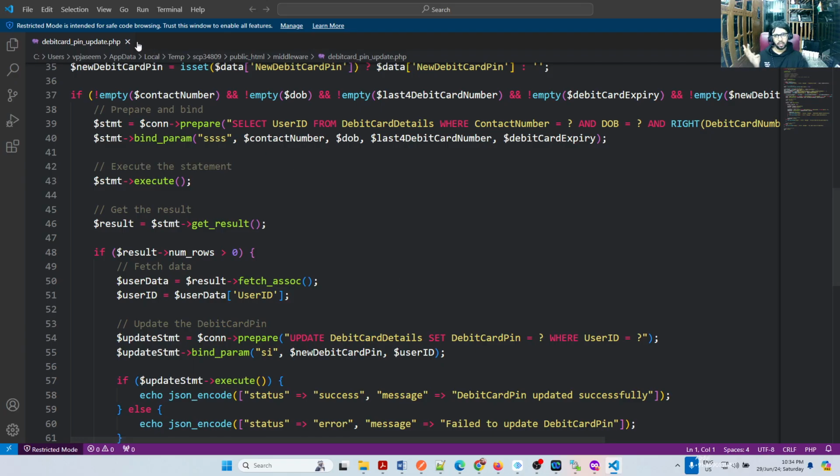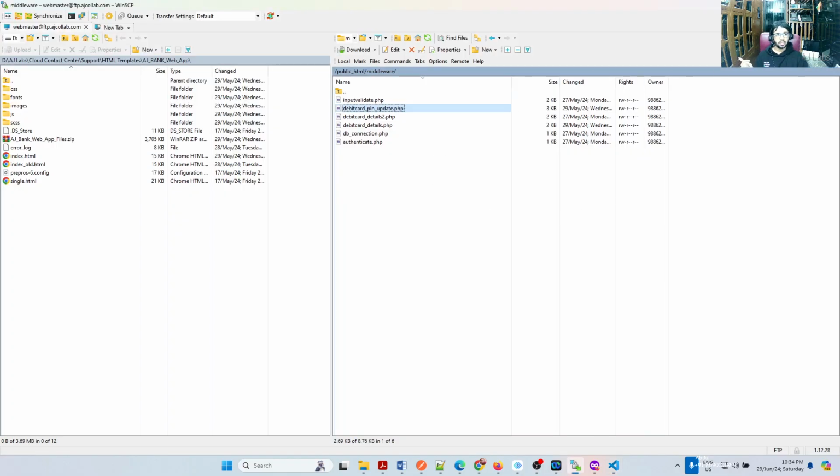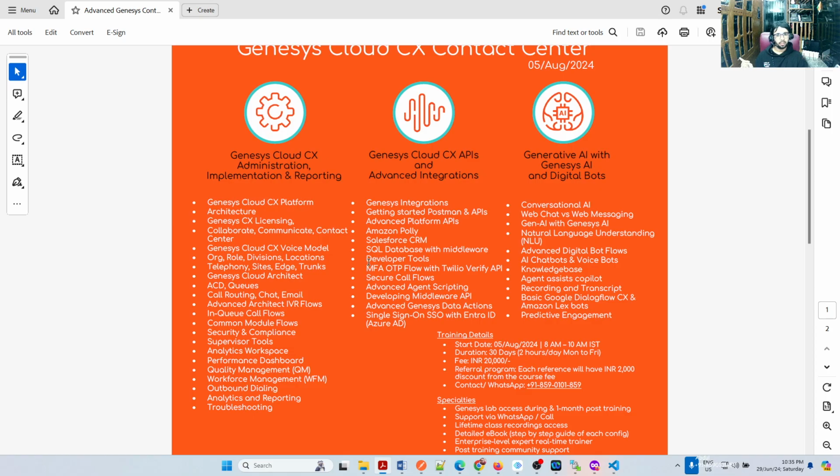So for that, we need Salesforce CRM integration in one place, so it can identify whether the user is registered or not. Then it needs to go and update in a database. So these are the levels we are going to in terms of integration. Then when we come to the remaining part, we're addressing developer tools, multi-factor authentication with the Twilio Verify API. This one I will show you at the last.